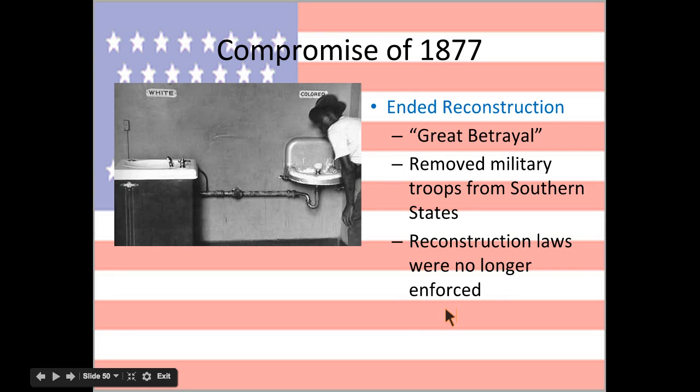So if you think about Reconstruction laws, what are the Reconstruction laws? Those are the things like the Enforcement Acts, which were trying to stop the KKK, the Civil Rights Act, the 13th, 14th, and 15th Amendments. Obviously, they're not going to be able to bring slavery back, but it's going to be a lot less difficult for them not to enforce the amendments. So they're going to be able to tell African Americans that they can't do any of the things that they had been promised. So make sure you have that copied.